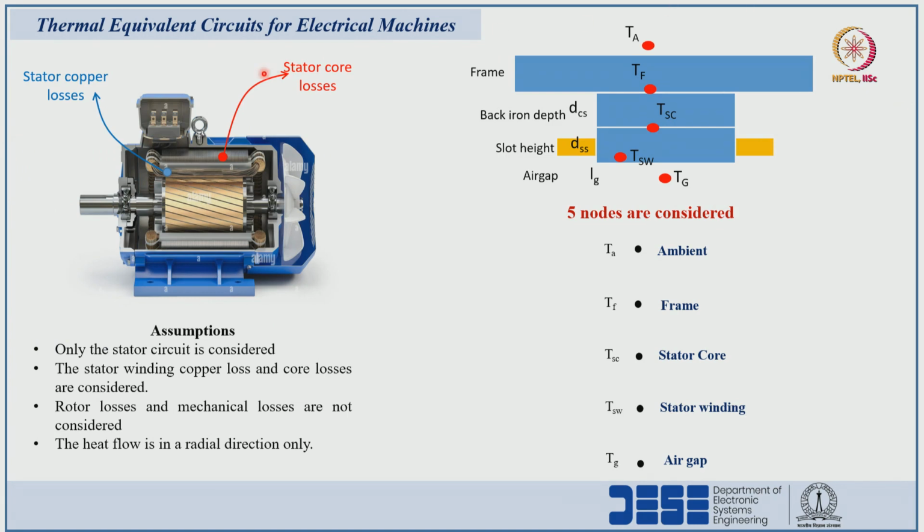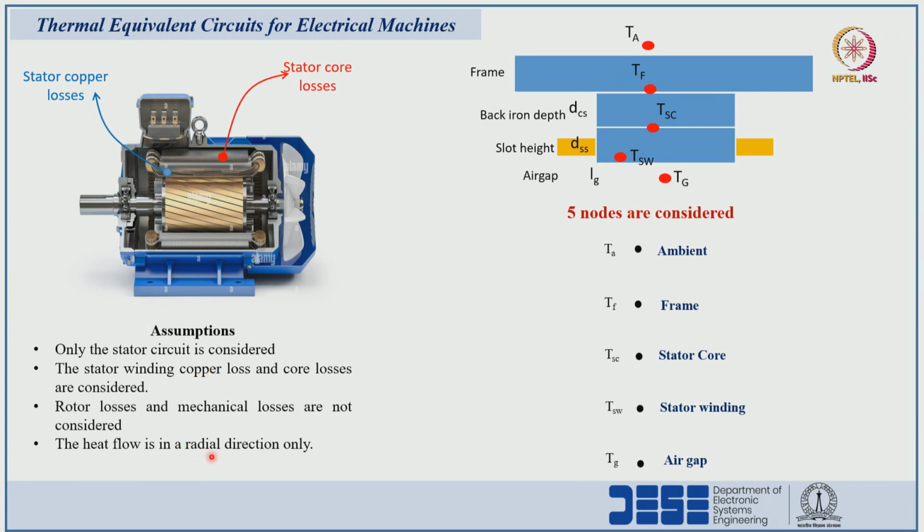Now, as a case study, we will consider only the stator circuit, and the associated losses are stator copper losses and stator core losses. Rotor losses and mechanical losses I am neglecting, and in the next case study we will consider these losses also. To make a simple study, I am considering only stator side losses and the stator circuit only, and heat flow also